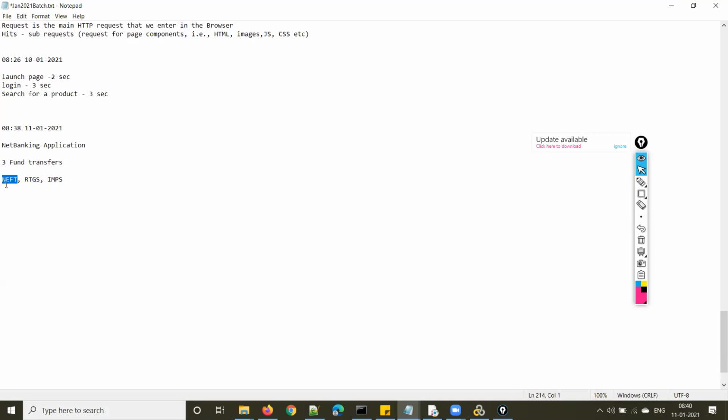If you want to transfer 2 lakhs and above, you have to go for RTGS. And IMPS stands for immediate payment service. There are certain limits for IMPS. The basic difference is: for amounts less than 2 lakhs, you do NEFT, and for 2 lakhs and above, you go for RTGS.